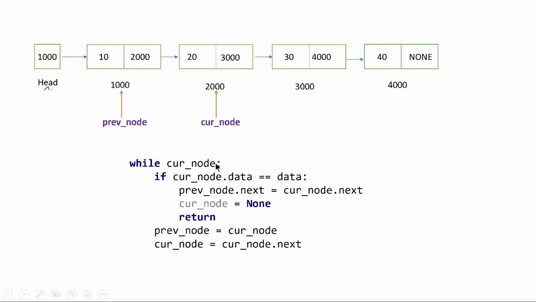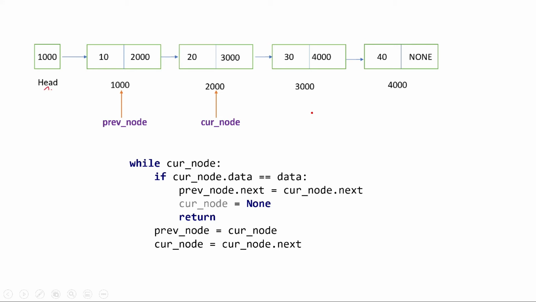So every time you enter your loop, we'll check the data. If data is not found, every time we move prev node. We change the reference of prev node to now point where current node was pointing, like we are moving it by one element ahead, and also current node is assigned current node dot next. So we are moving current node also by one node ahead. They are moving one step forward every time together.